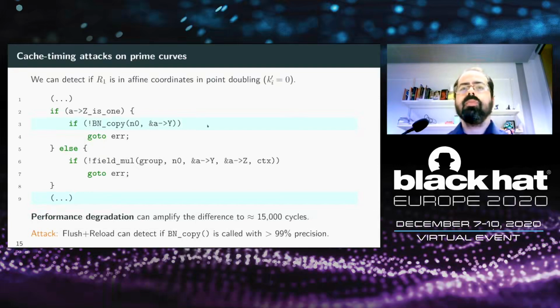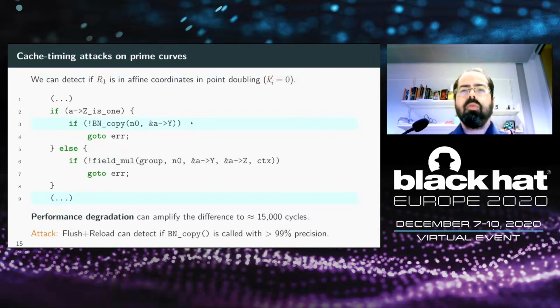So the attacker starts 2 probes on 2 different parts of the code and measures the time it takes for reaching each of these probes. And by measuring the time from the first to the second probe, it tries to infer what type of computation happened in between.